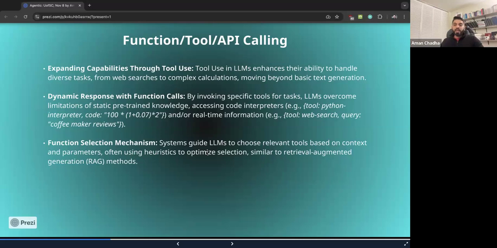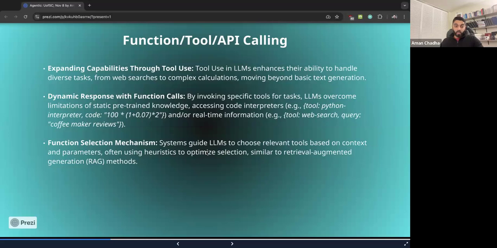So people have come up with retrieval augmented generation methods here as well, where based on the query, we look up a particular vector database and figure out the most relevant function calls that can be executed based on the nature of the query, retrieve those back into the LLM's prompt, and then at runtime, make a dynamic selection.